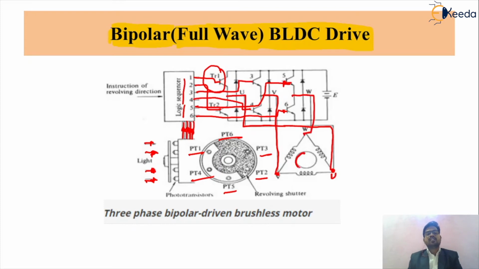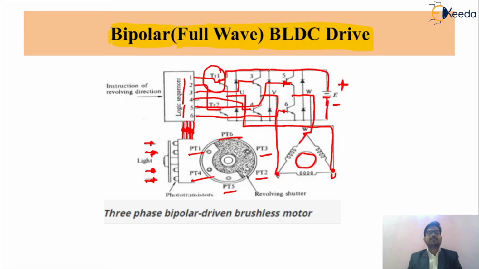So this is the actual part of your BLDC motor drive. This will be connected in delta winding. Due to that the working principle remains the same, because we are giving the positive supply to the circuit. Okay, so this is the positive supply, this is the negative supply. Depending upon the requirement of the bipolar BLDC drive, we can get the output.